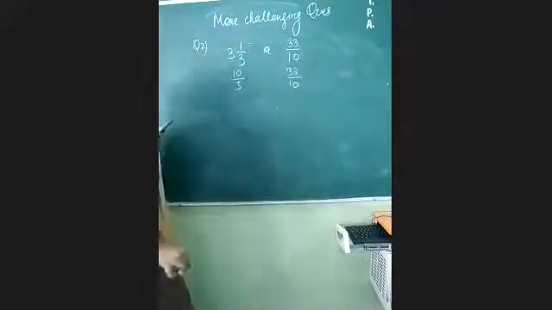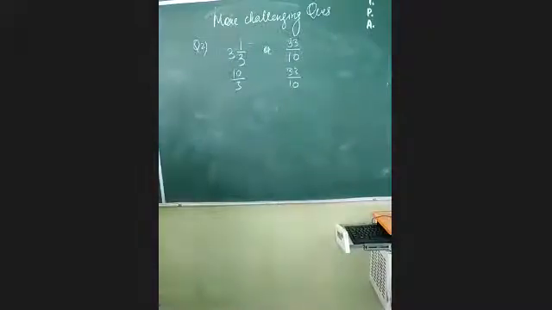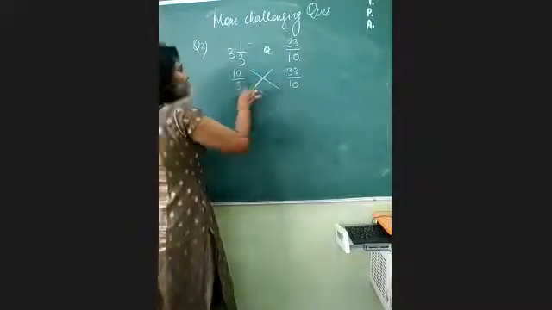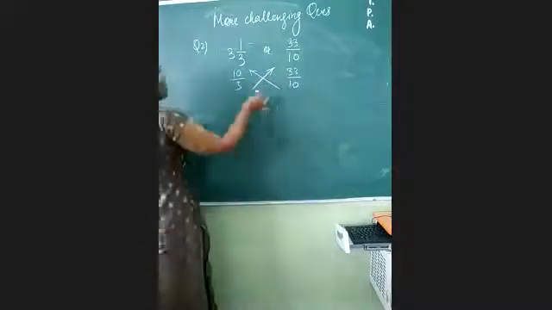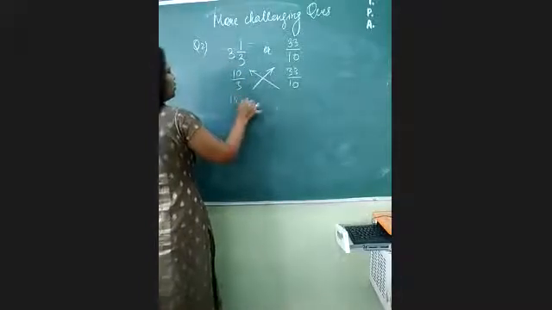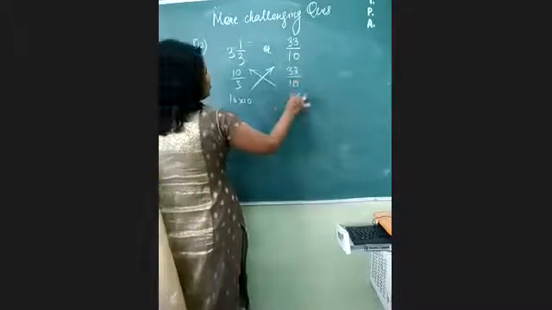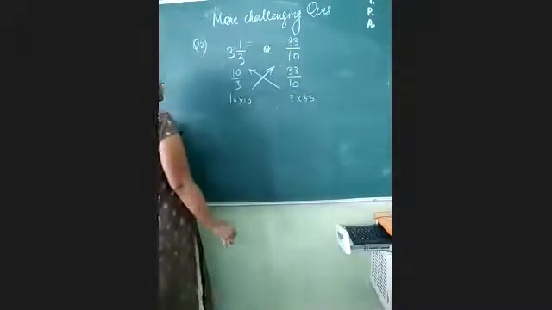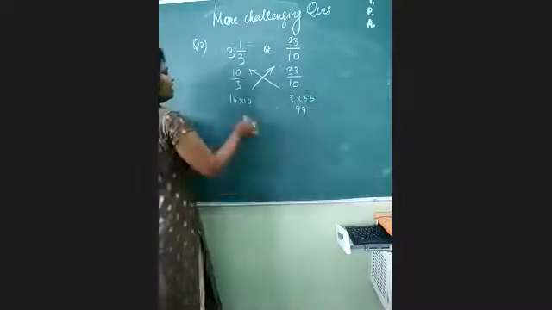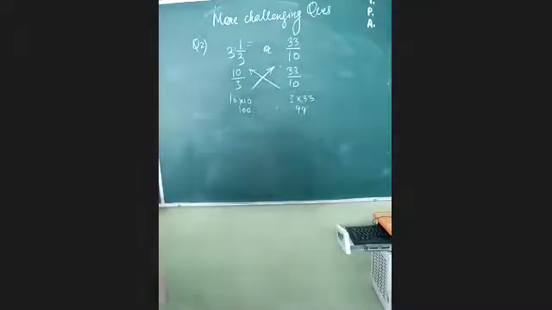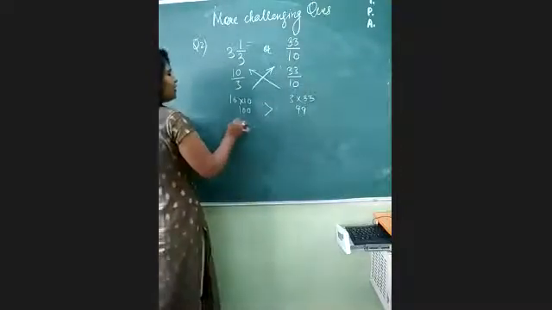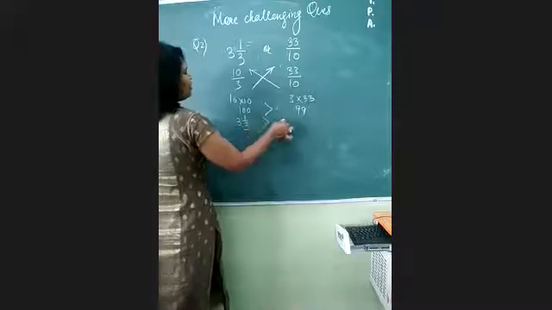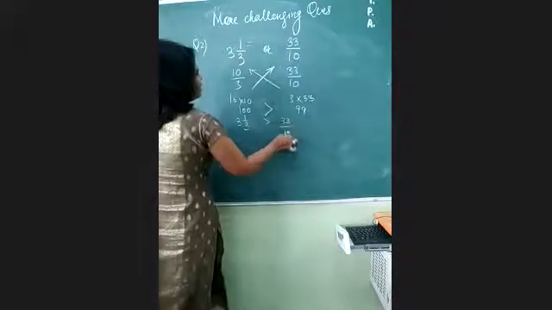Now you know that the simple process is cross multiplication. So we will make a cross in between. We will put an arrowhead in between. After putting these two things, 10 will come to this 10. It will give you 10 into 10. Now this 3 will go this side, so it will give you 33 multiplied by 3. It will give you 99. This will give you 100. Okay, it is 100. This is 99. Now you only think which number is greater here. 100 is greater. So 3 whole 1 by 3 will be greater than 33 by 10.